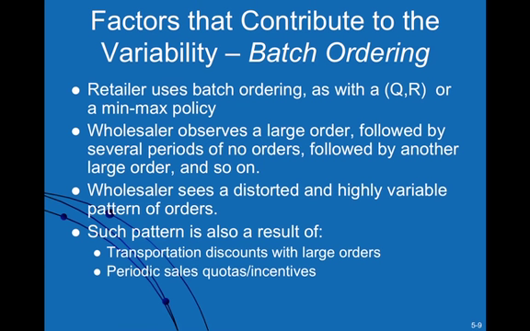Now, sometimes, say for example, let's just think of the retailer. The retailer may want to sort of order in batch quantities. They're prepared to trade off ordering costs with holding costs. And so if they order quantity Q each time, then they're not ordering consistently. If you order Q each time, your order quantity is the same. However, the frequency of the orders changes depending on the variability in the demand distribution.